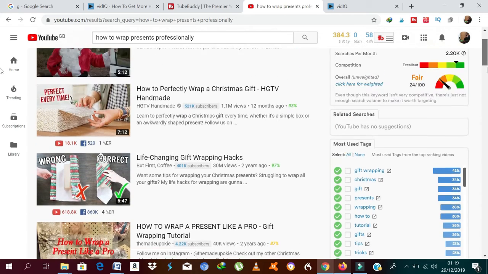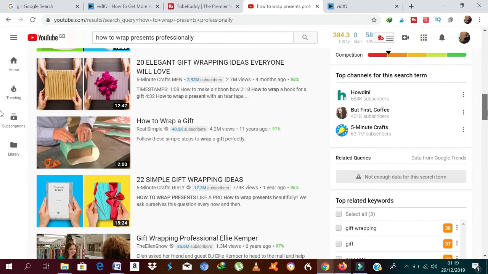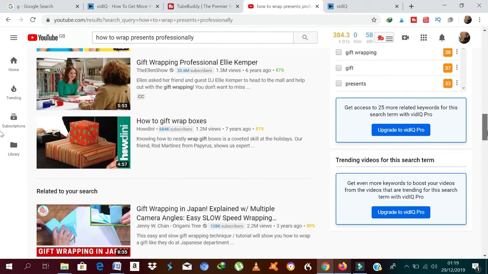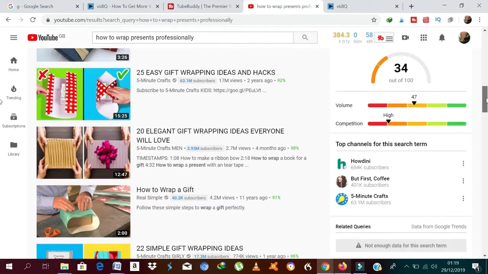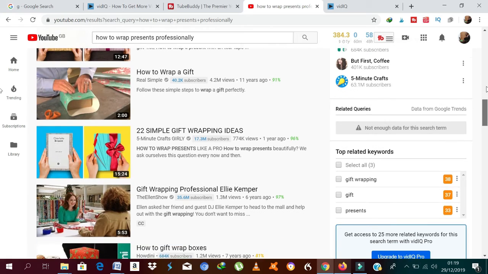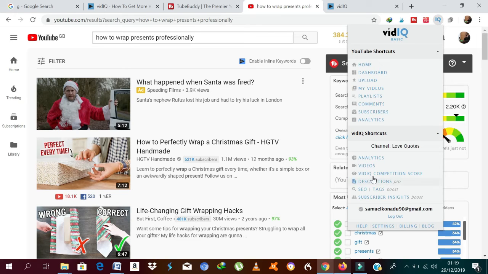Because I don't have the paid version, I'm limited to some features. Like I said, if you have the money, why not go for the paid versions of it, which will help you a lot. Now, another way to do keyword research with vidIQ is simply to tap the icon here,